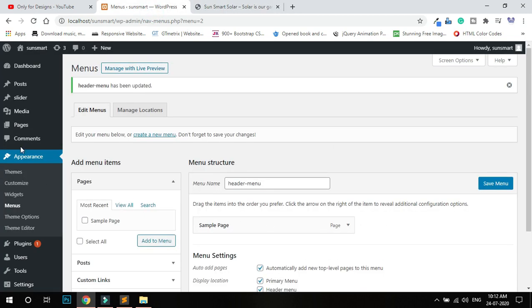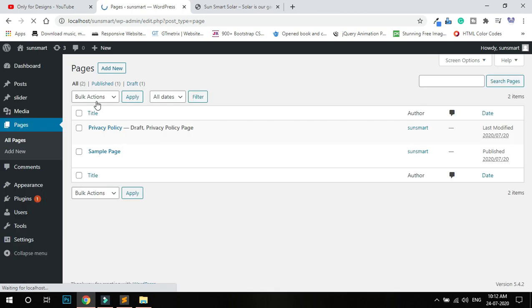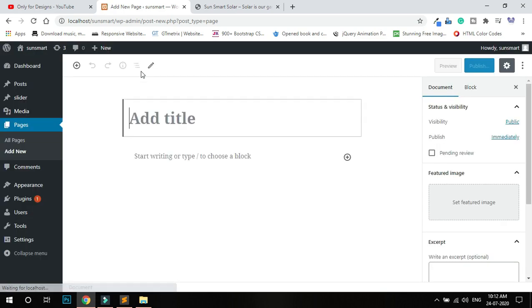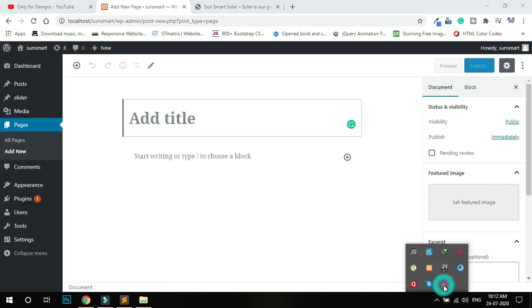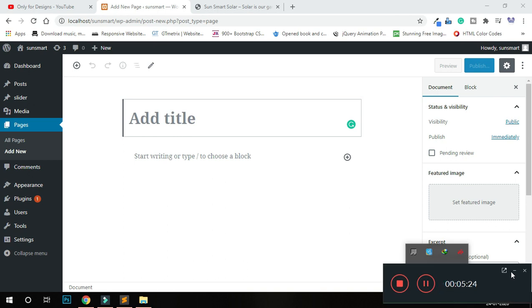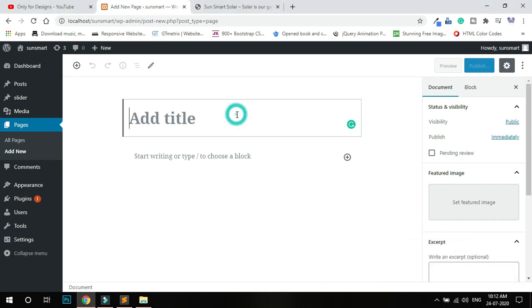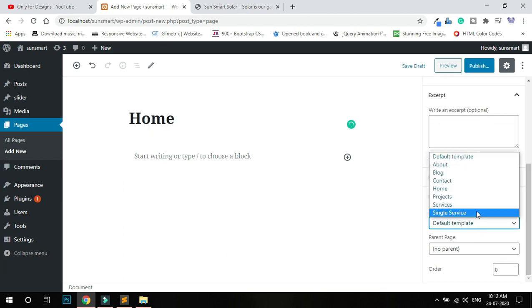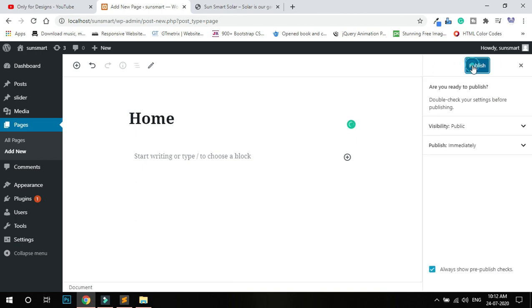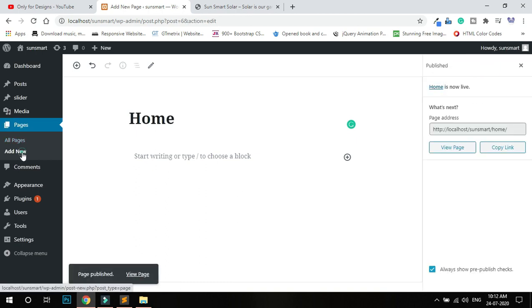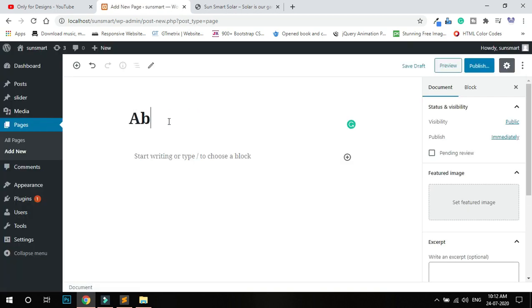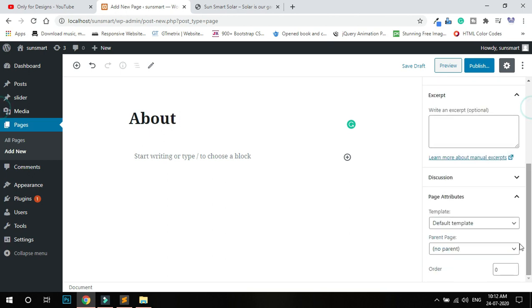So now I need to add pages. Go to Add New. First I add the home page, and choose the home template, publish. Second, I add a new about page, then choose about.